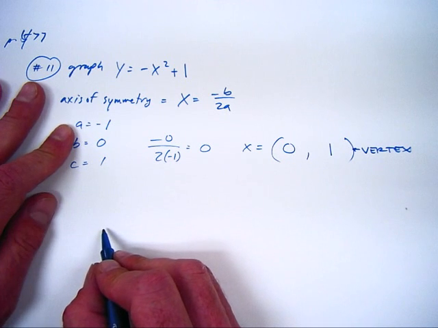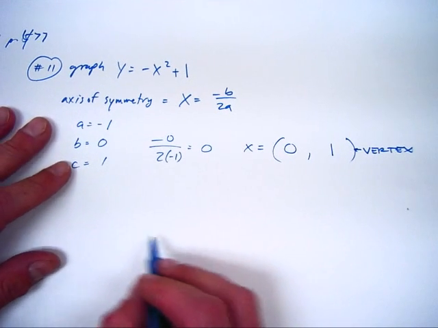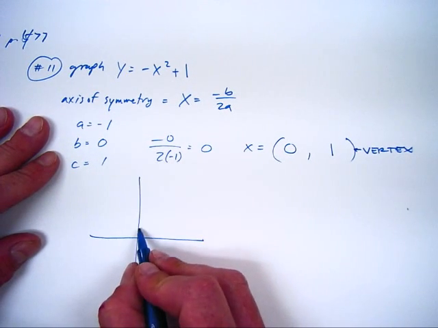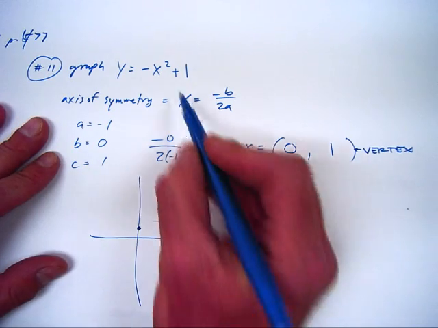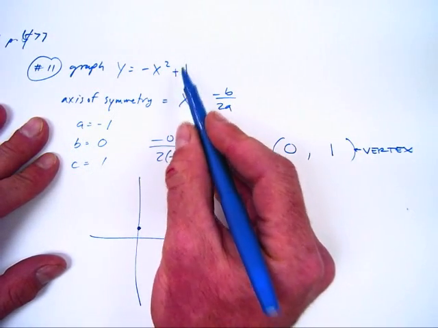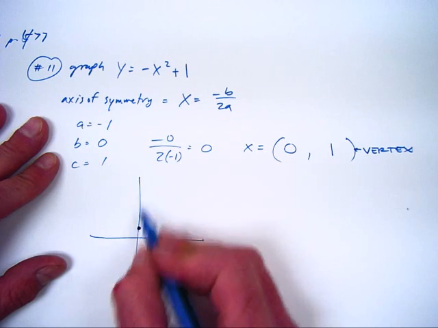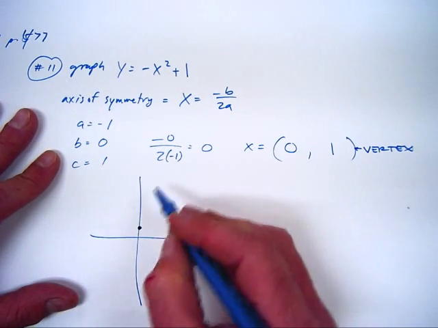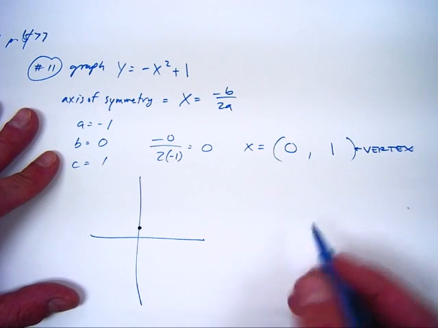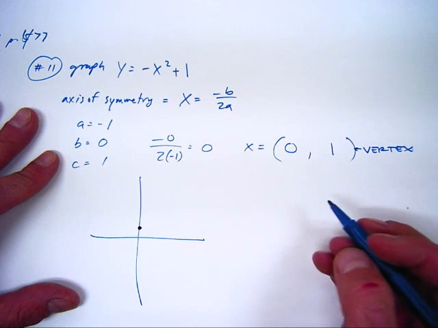So I know this quadratic is going to start at (0, 1). We also know its y-intercept is 1 because c is 1. So that makes sense. It's going to go through 1 on the y. Doesn't necessarily mean the vertex is there, but in this case it is. So if we have (0, 1), we just need to graph